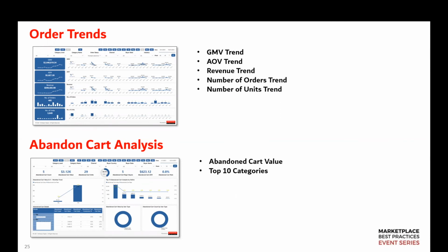Lastly, we'll take a quick look at abandoned cart. Abandoned cart is obviously a really important metric. This user came to your marketplace, added something to their cart, and you weren't able to complete it as a transaction. So in this dashboard, we can see, for example, that in December, there was a large increase in the number of abandoned carts. You're going to want to take a look at that with your seller to determine why,